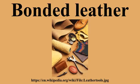Related products: bicast leather or coated leather are made by splitting, shaving, or grinding leather to reduce its thickness, and then laminating it. Description: bonded leather is made by shredding leather scraps and leather fiber, then mixing it with bonding materials. The mixture is next extruded onto a fiber cloth or paper backing, and the surface is usually embossed with